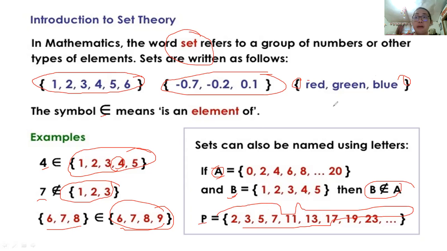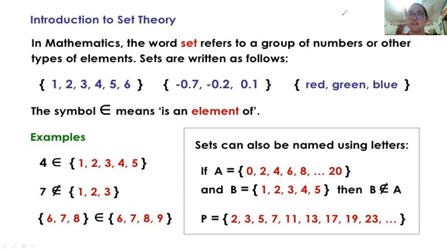So please visit my other video so that you will be able to identify some of the elements of a given set, the subsets, the proper subsets, and also the universal set. You will be able to know why B is not an element of A, because B is not part of A. It's not the universal set, so we cannot consider it as an element of a given set.